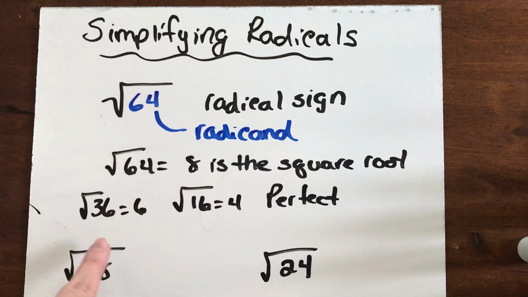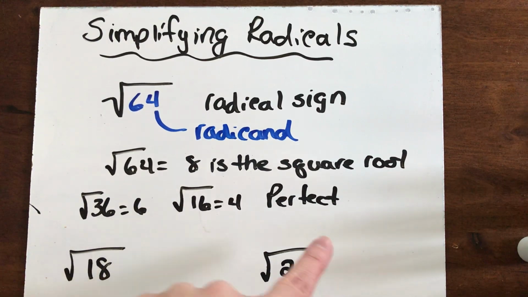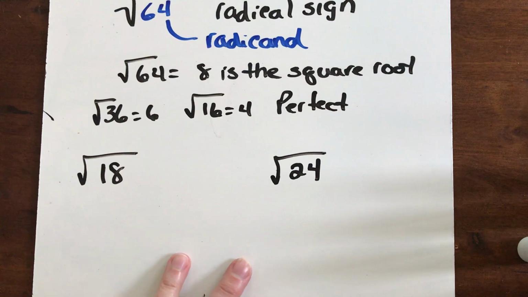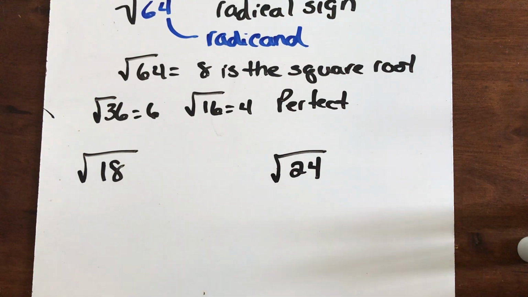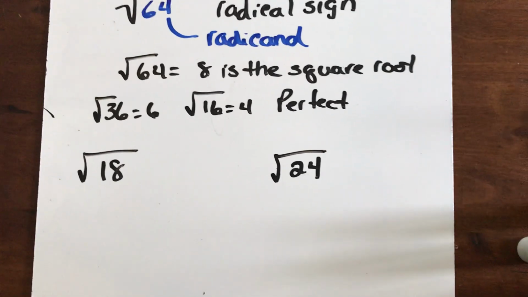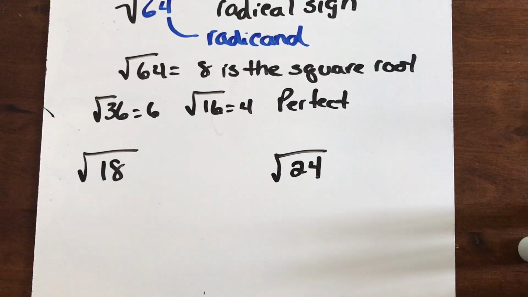And those are perfect squares. Like the square root of 36 is 6. That's perfect. The square root of 16 is 4. That's perfect. The square root of 81 is 9. That's perfect as well. But what happens if you don't have a perfect square and you're not allowed to use your calculator, or what they will say in algebra is they want the exact answer. The problem is when you take the square root of a number that's not a perfect square, it gives you an irrational number, and that number is not exact. So in order to get it exact, we're going to simplify it and pull out